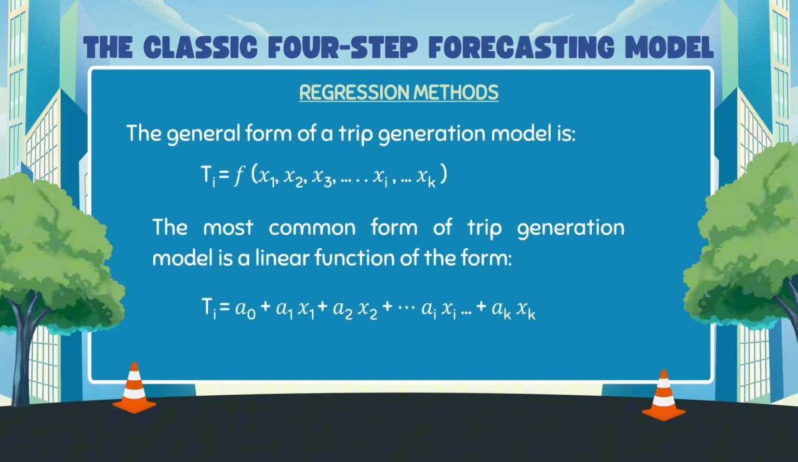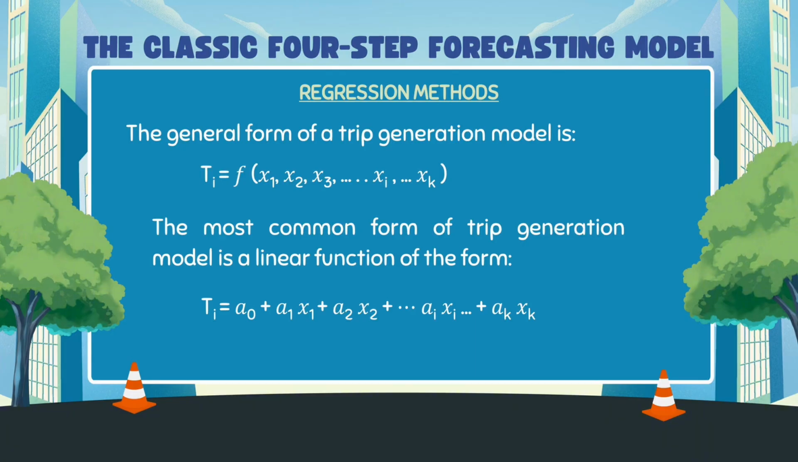So the T sub i is the number of trips. And then the x sub 1, x sub 2, up to x sub k, are the factors, like population, income, etc. And then the a sub 0 is a constant. And then the a sub 1, a sub 2, up to a sub k, are the coefficients, or how much